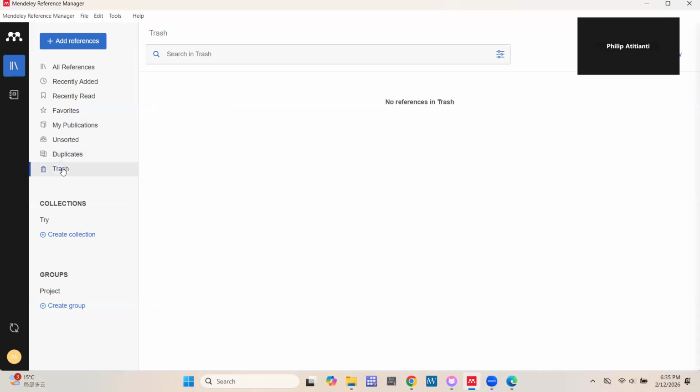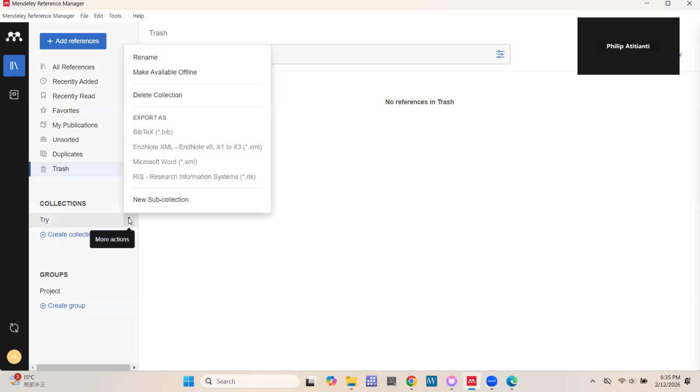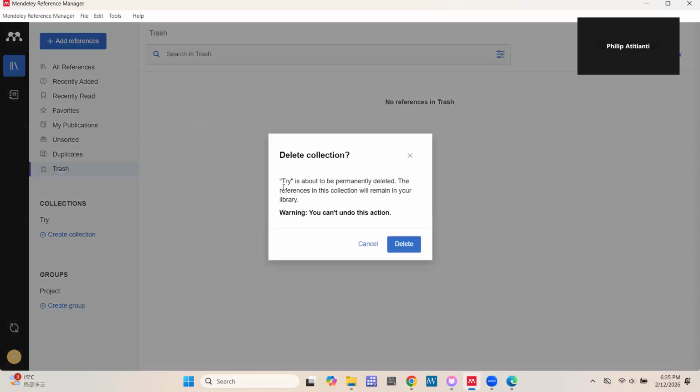All right, and then this one is your trash, right? And then collections. Collections are more like folders that you create to organize your files, right? So I had this as an example, so let's first delete this collection.